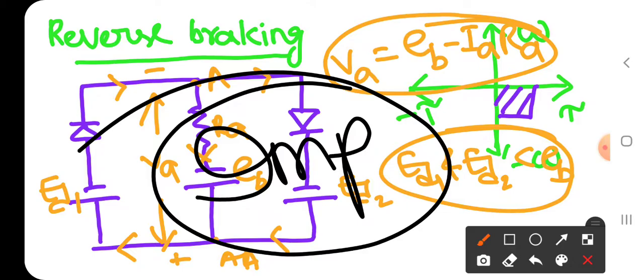Just follow these notes, and it is sufficient for the dual converter. If they ask for the 3-phase, we can replace the single phase converter with 3-phase. That means one more branch will come to the bridge for the positive converter as well as the negative converter. In the next class, if possible, we will solve problems regarding the dual converter, and after that we will go to the third unit.